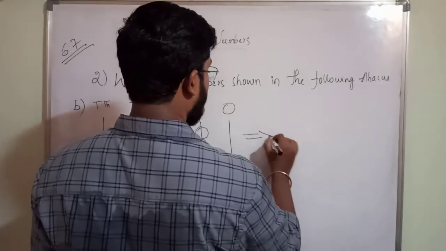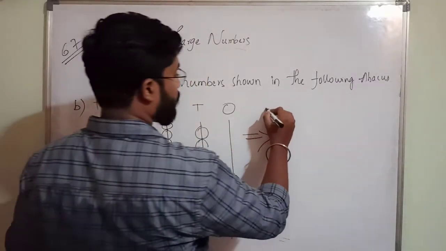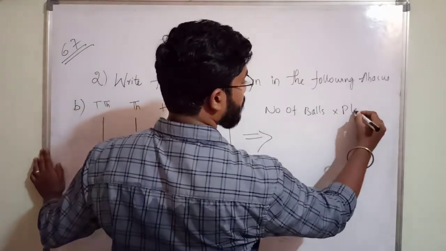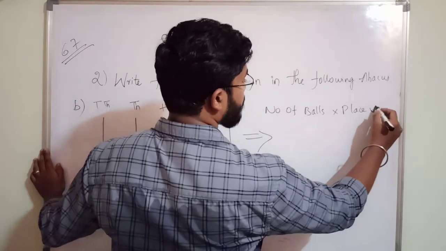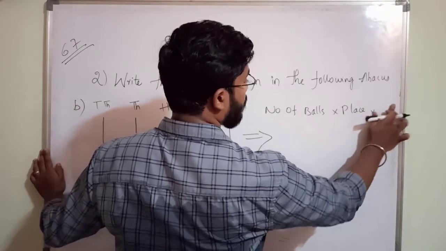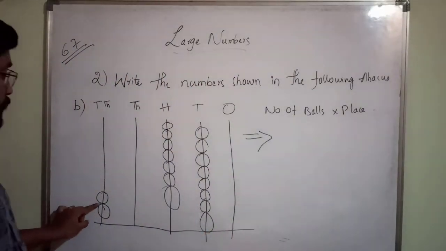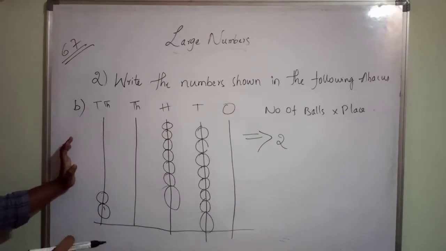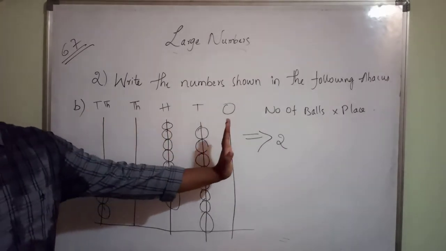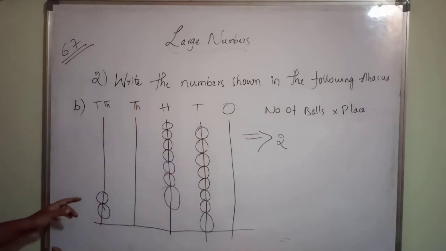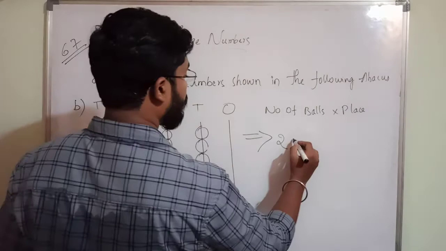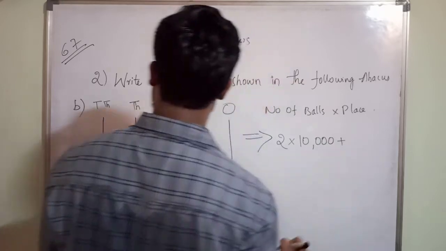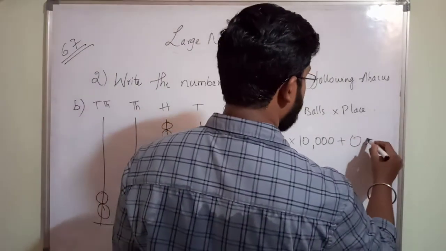What is the number you are going to get? What I said, number of balls into place value. I mean, in which place it is there. So 2, starting from here. You have to always start from bigger, if you are going to add all this, you are going to get a number. 2 into 10,000. Thousands place 0. 0 into 1000